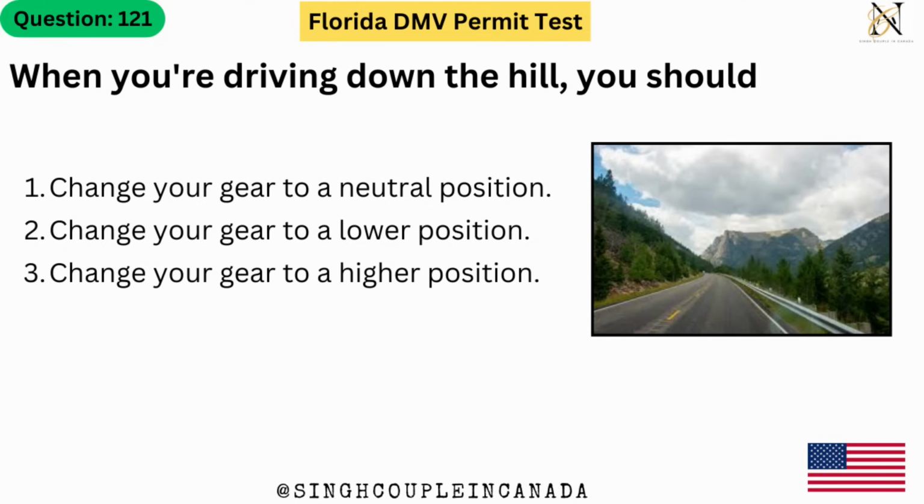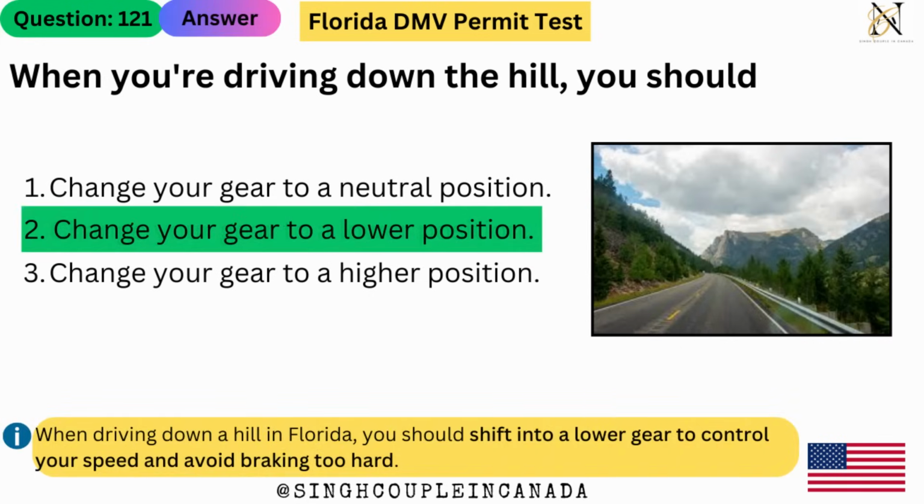When you're driving down the hill, you should 1. Change your gear to a neutral position. 2. Change your gear to a lower position. 3. Change your gear to a higher position. The answer is 2. Change your gear to a lower position. When driving down a hill in Florida, you should shift into a lower gear to control your speed and avoid